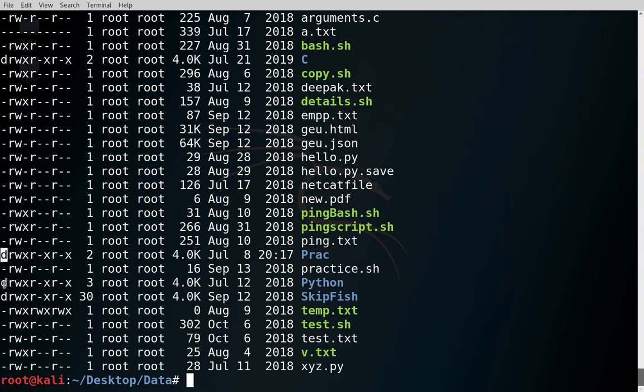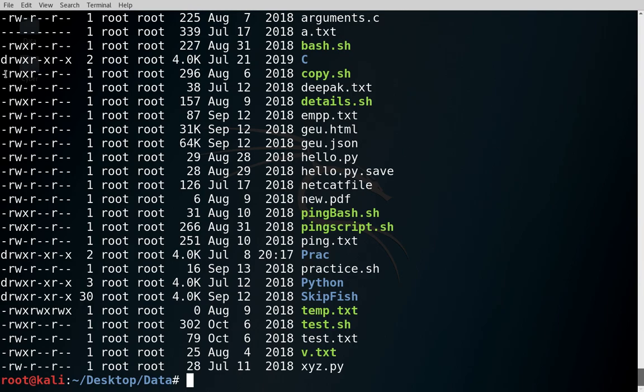Wherever you see d, that means this is a directory, right? Wherever it is a hyphen, that means it's a normal file. And you could have multiple characters instead of d or hyphen. It could be b, c, l, n, p or s. All these are different file types, right? So whenever there is a dash, that means it's a regular file.